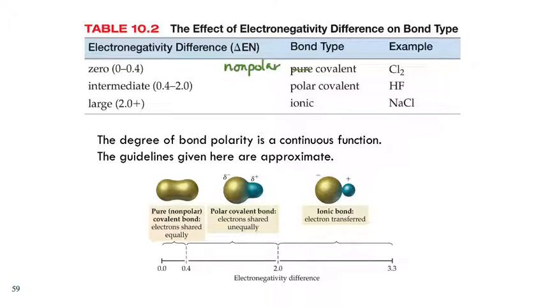Yes? What if something's on the border of difference? That's a good question. What if it's on the border? So if it's on the border, like between nonpolar and polar, if it's 0.4, those are going to be two different elements, and I'd expect you to say it's polar. A large difference is going to be an ionic compound. And of course, there are subtleties to this that we're just not going to get into here. But if you've got two of the same element,